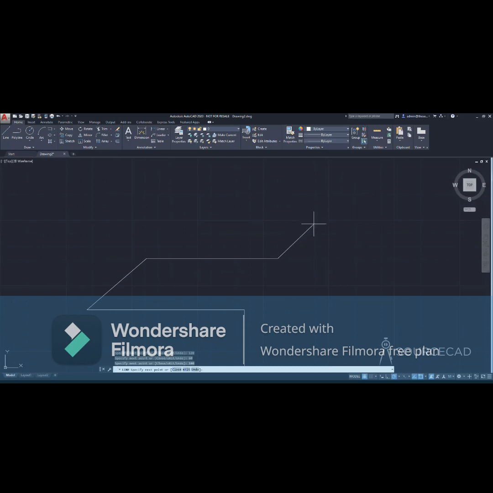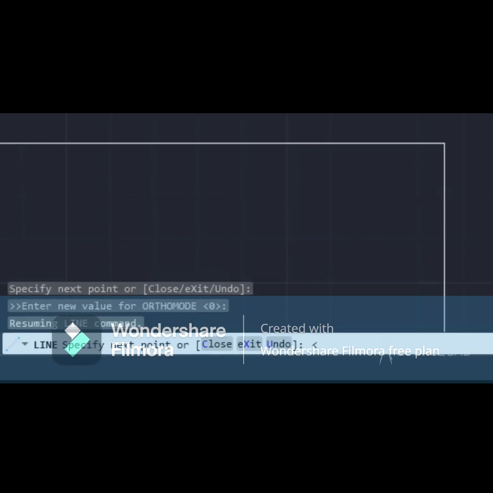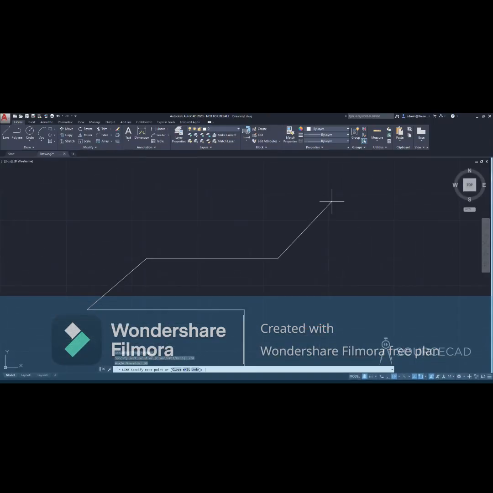And now from here, I want it to incline at an angle of exactly 30 degrees. So now instead of typing 30, I'm going to type this angle sign. Now this angle sign is on your keyboard. It's right next to the M key. So just press and hold the shift key, and then press the angle sign key, and it will add the angle sign. Now type in 30 and press enter, and AutoCAD will now take this value as angle,